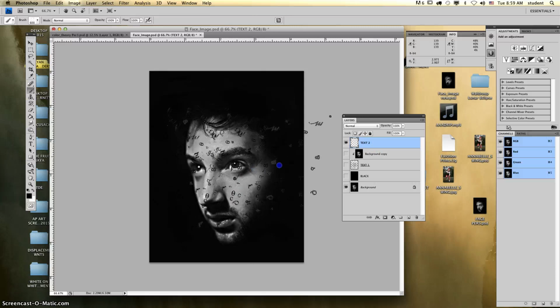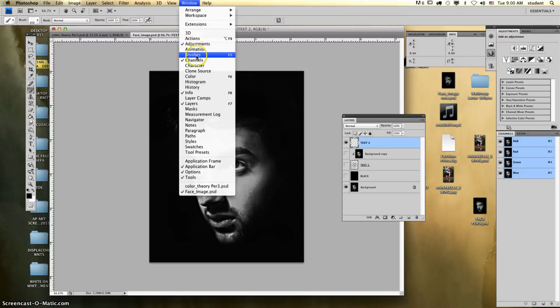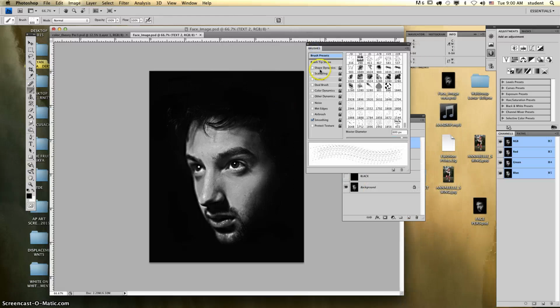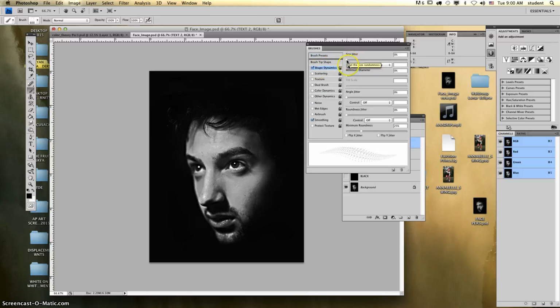Now, sometimes your brush looks like a stamp. You can see how it looks like it's repeating itself. So why don't we talk about how to change that? I'm going to go to Window, Brushes. And over here, we have our options for brushes, and you can see it looks like a stamp. It's stamping. If I just turn on Shape Dynamics and then click the word Shape Dynamics, I'm going to make sure that the angle jitter is all the way up. And you can see now it's doing this, but it's also doing this thing where it's kind of pinching